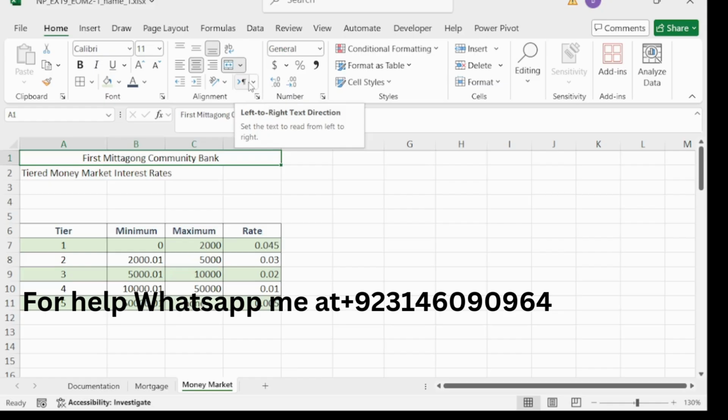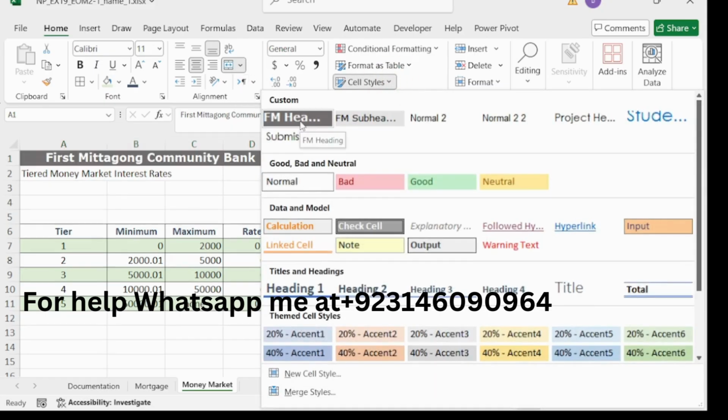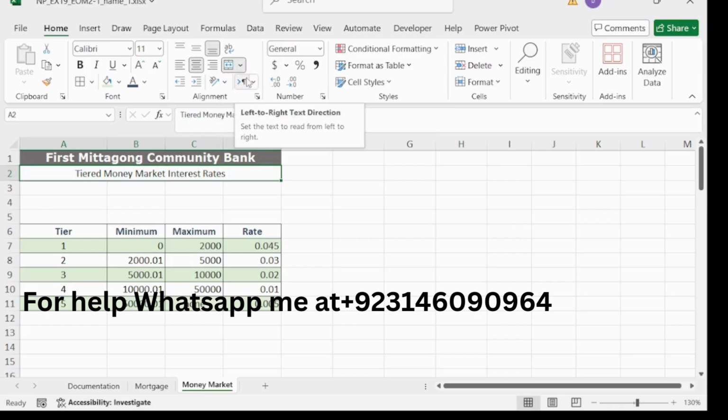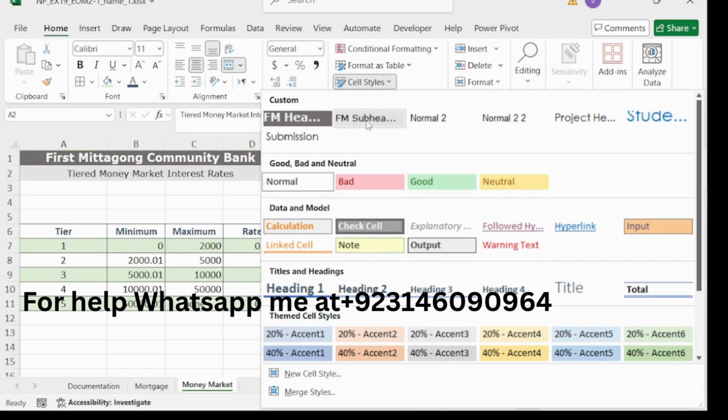Apply the custom FM heading. And for the range A2 to D2, select and merge and center, and apply the custom style FM subheading. This one, FM subheading cell style.